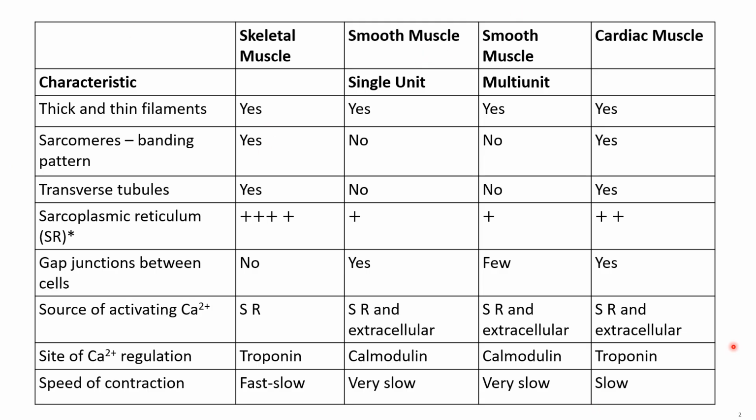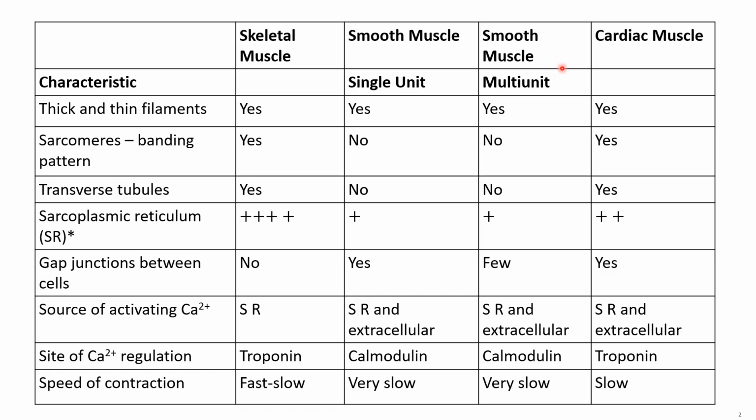This is an excellent summary table showing the similarities and the differences of the three different kinds of human body muscles. Of note, smooth muscle can either be single unit, meaning the smooth muscle fibers are connected by gap junctions and therefore function as a unified system, whereas multi-unit smooth muscle is comprised of individually separate and therefore individually acting